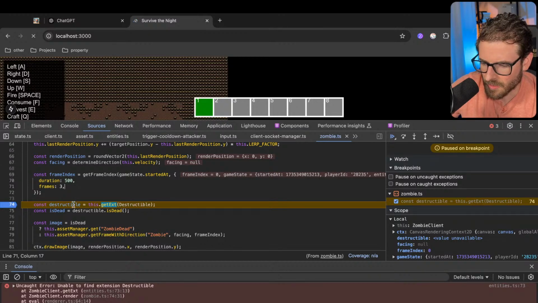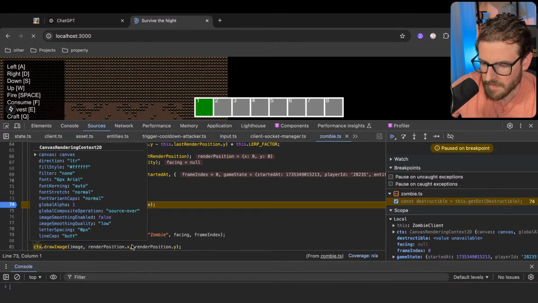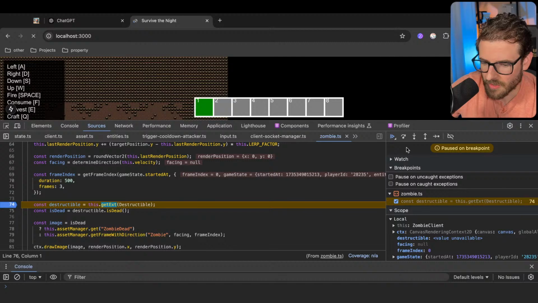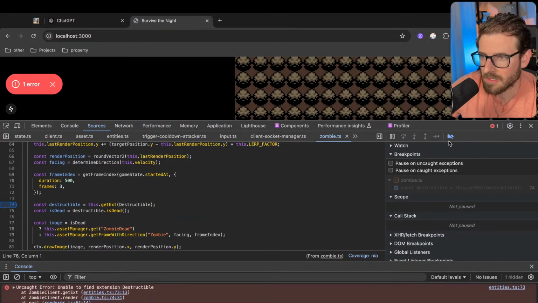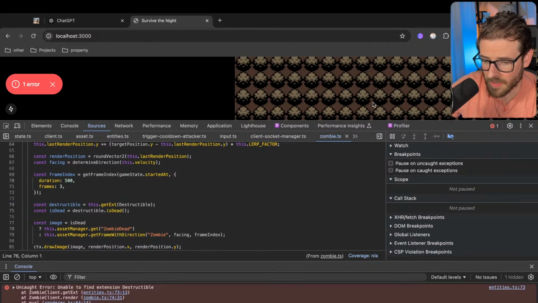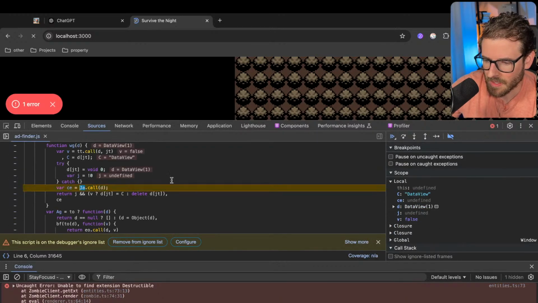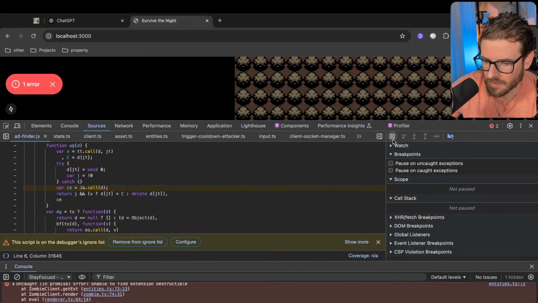Zombie client, yeah, so we're currently looking at the zombie client. And for some reason, I call into this method and it just fails, right? And so if you click on this little thing over here, this is actually going to pause the debugger on your breakpoints. Oh, sorry, it's just going to pause the debugger and put a breakpoint. So if I just run it, why is this one failing? Wait, is that the right one? Activate. Oh, I'm dumb. Not this button. It's this one. Pause on uncaught exceptions.